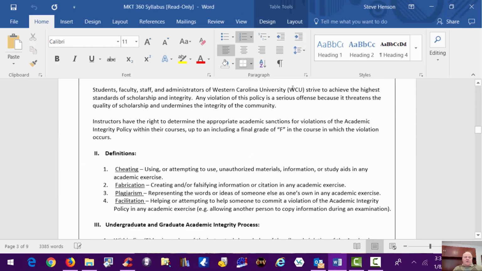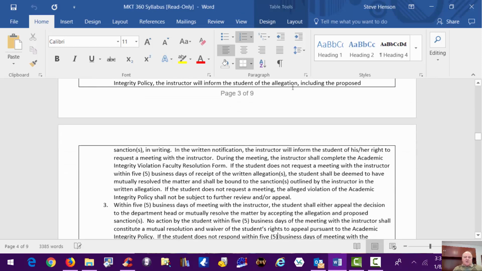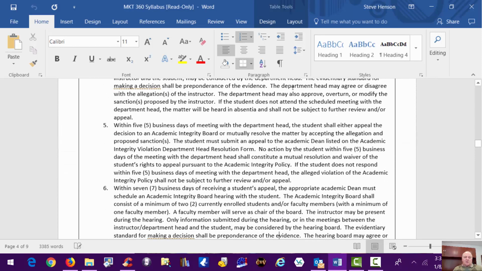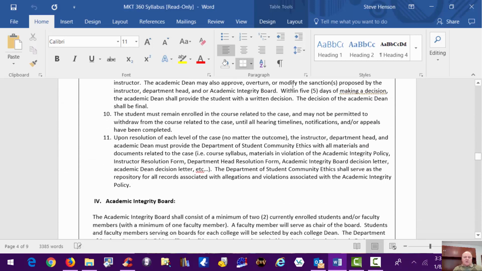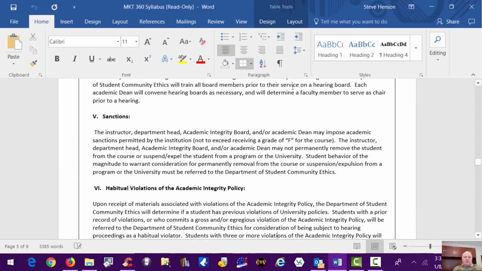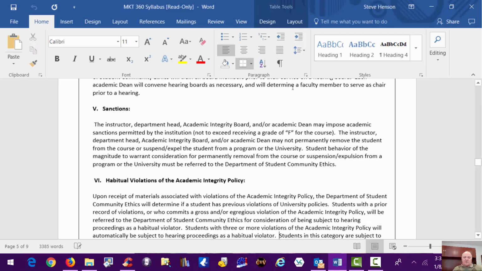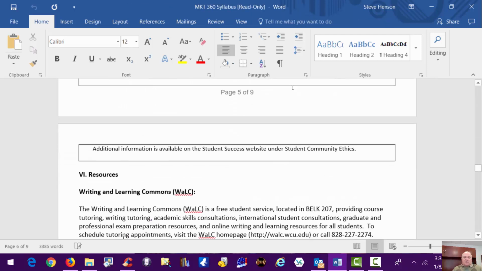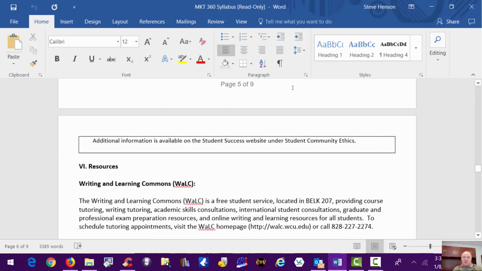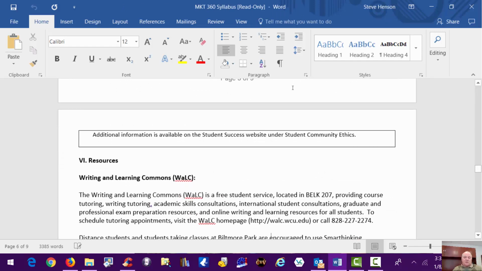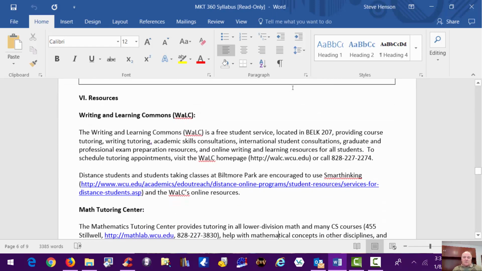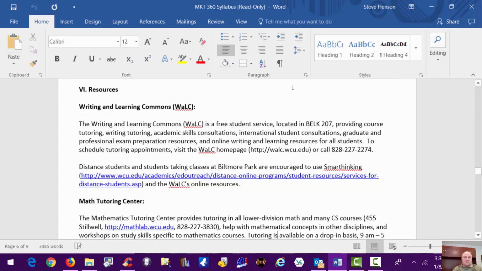I have a lot of boilerplate material talking about integrity and the way we're expected to treat each other. I used to kind of think this was usually not something that requires a whole lot of attention or a whole lot of time, but I recently had a student I had to remove completely from a class, and you can imagine their grade suffered significantly because of that.